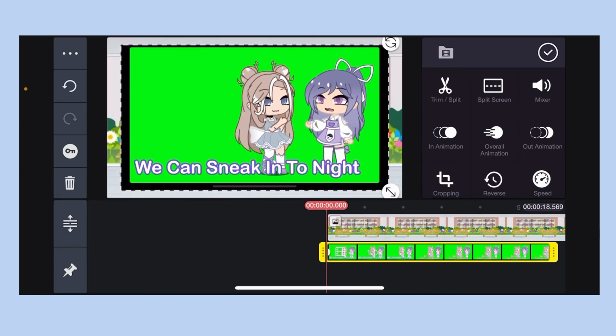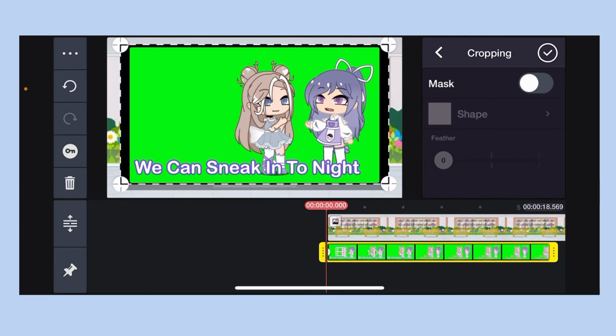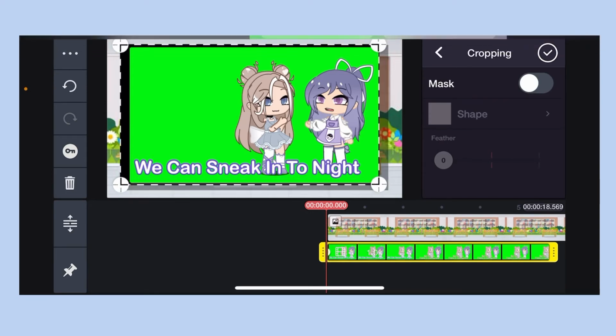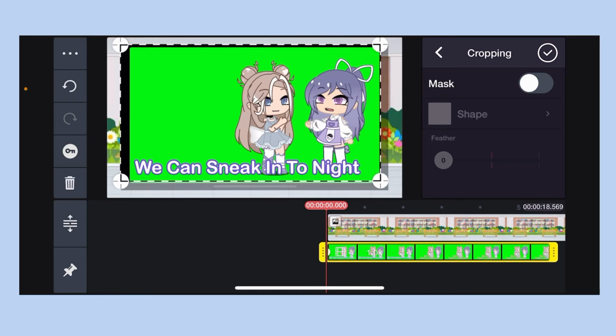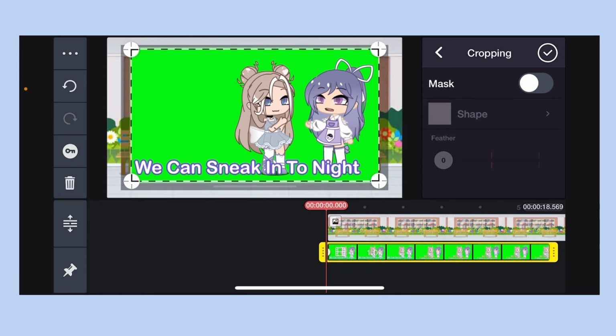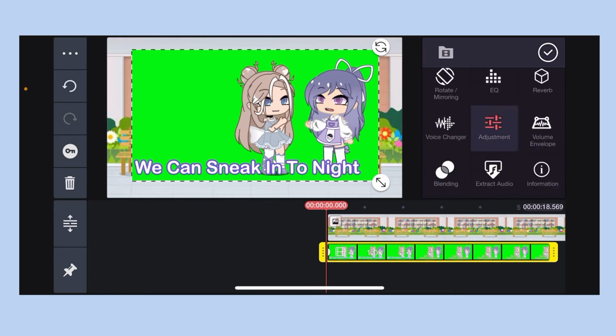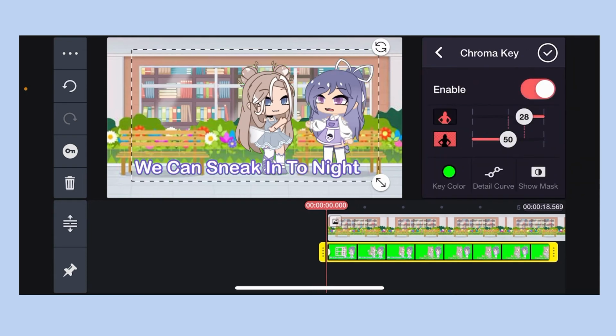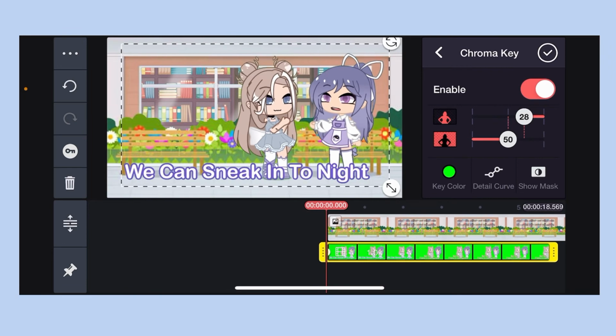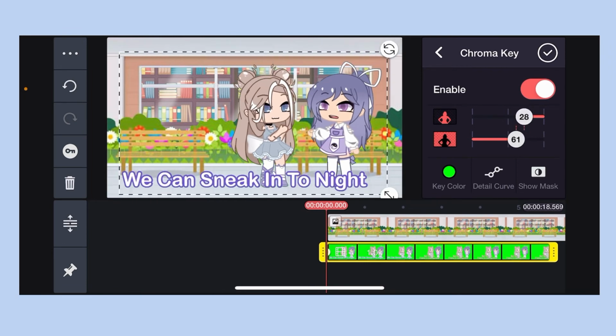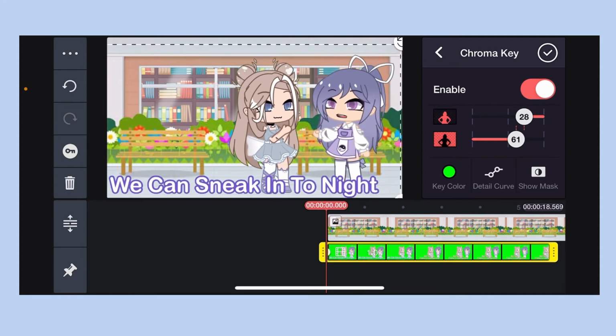So you see, first thing we're going to do is crop. If you have these black edges like I do, you're just going to crop them off real quick. They're not that hard to crop off. You just press the crop button and then they're cropped off. After that, you're gonna go to chroma key. Okay, after you do chroma key, you're going to see where all the shadows went, and you're going to put it into the right place,